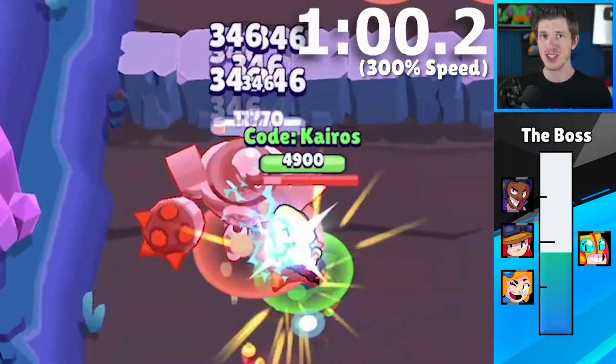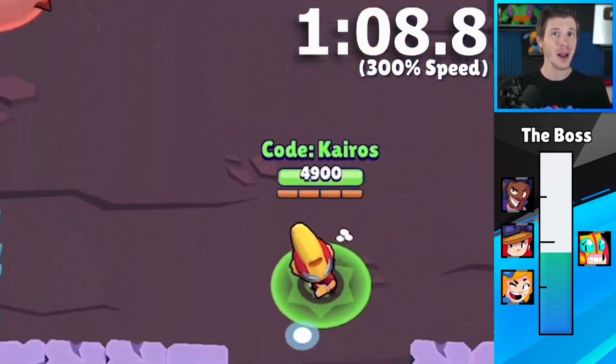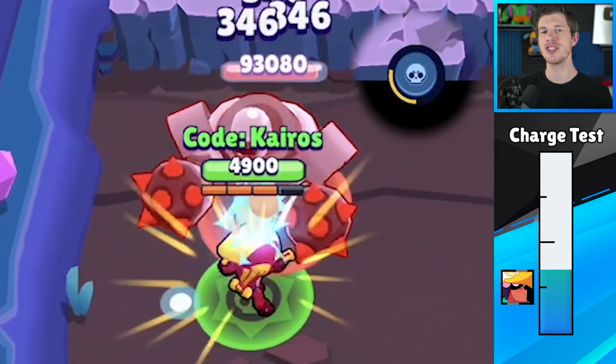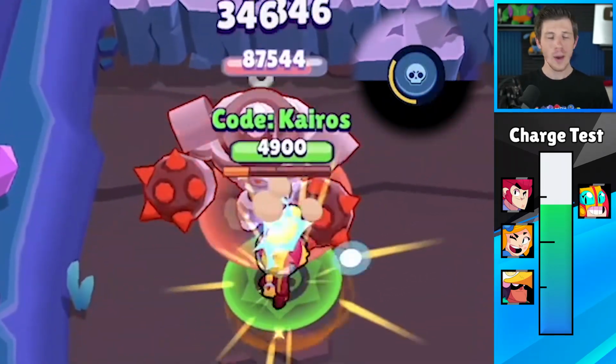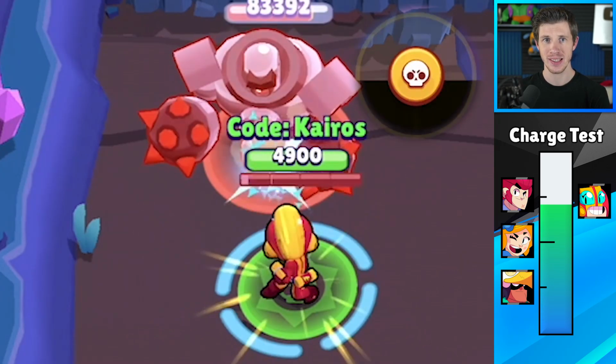It's very average, and I think that Max is going to be very average when it comes to dealing consistent damage, even when you factor in her star power and fast reload speed into the mix. The Supercharge Test. Now Max requires 16 projectiles in order for her to charge her super, which means 4 complete attacks. With or without her supercharged star power, she's able to complete this in 1.7 seconds, which is very similar